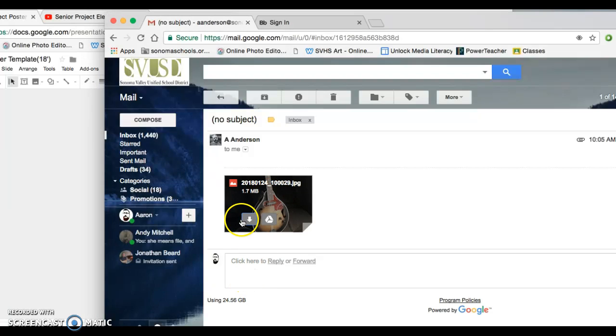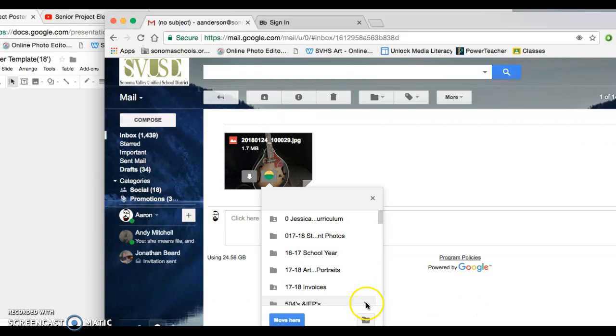So if I click on it, you'll notice there's two buttons. If I'm on an Apple, I can go ahead and download it, and then it will be there, and I can drag and drop it onto my desktop, which I've already done. If you're working on a Chromebook, though, you'll probably just want to save it to your drive, and if you save it to your drive, right, you can add it to your drive and organize it by putting it in